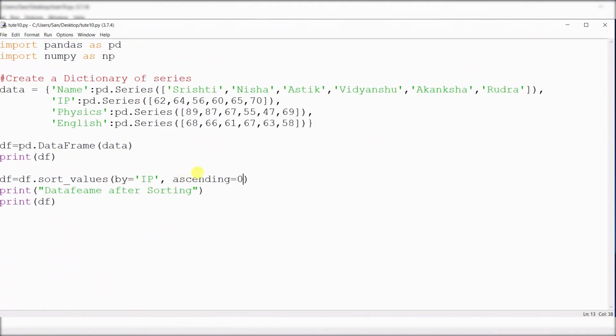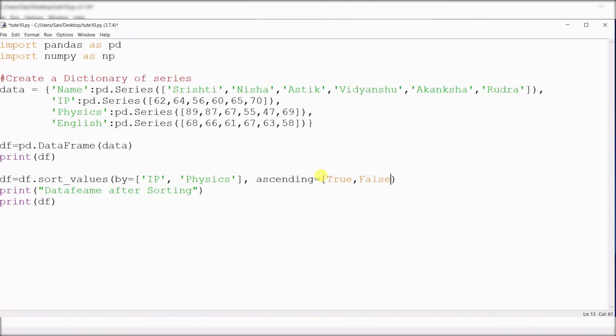Okay, how can we use multiple values? Now we are using multiple values in this data frame. By, we are starting a big bracket, IP and physics, close the bracket, and here ascending is equal to, in the bracket, True and False.